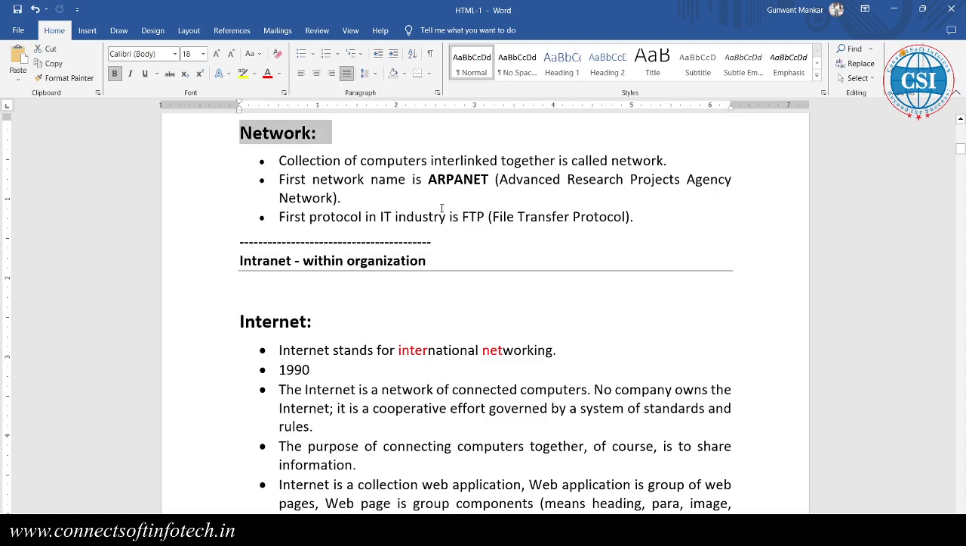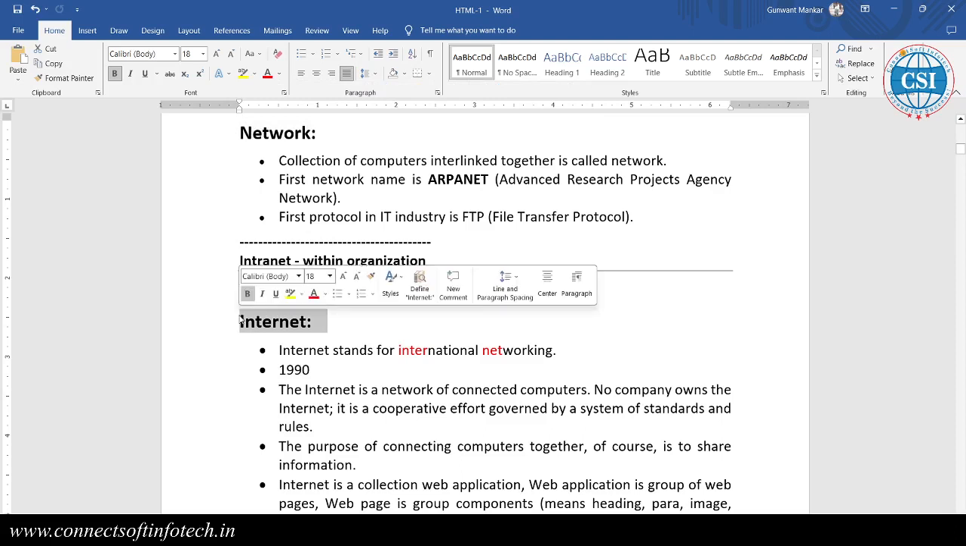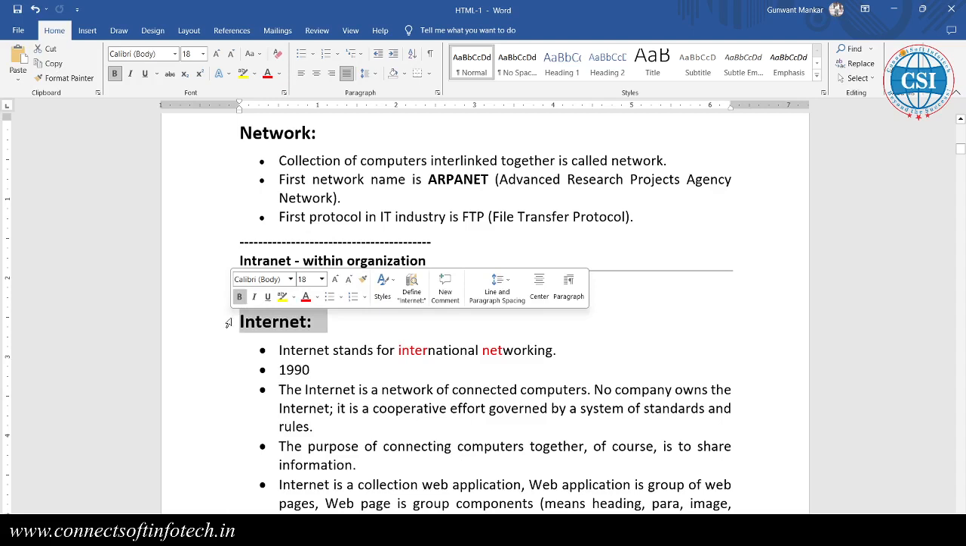Okay, but what was the disadvantage of networking? If you are living in the USA and I am living in India, and I want to take the data from your computer, it will take a lot of cables to connect with each other. So that's why the internet came into the market. We connect wirelessly, and we can share the data and transfer the files